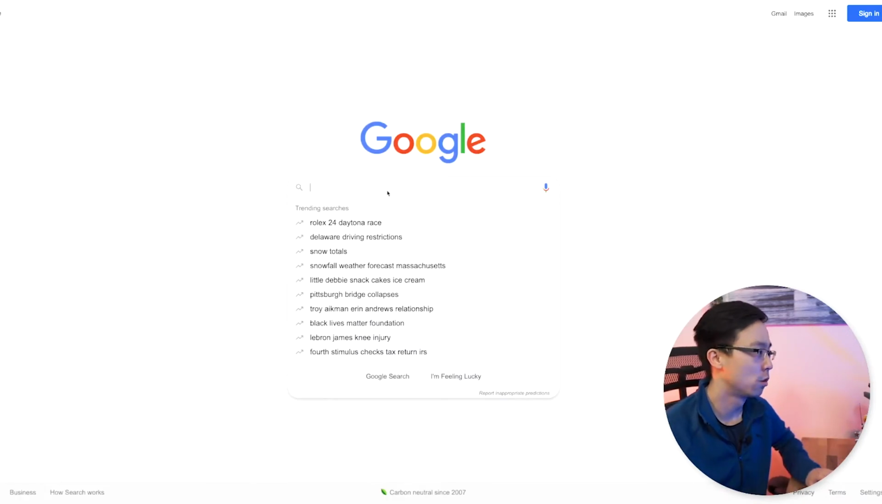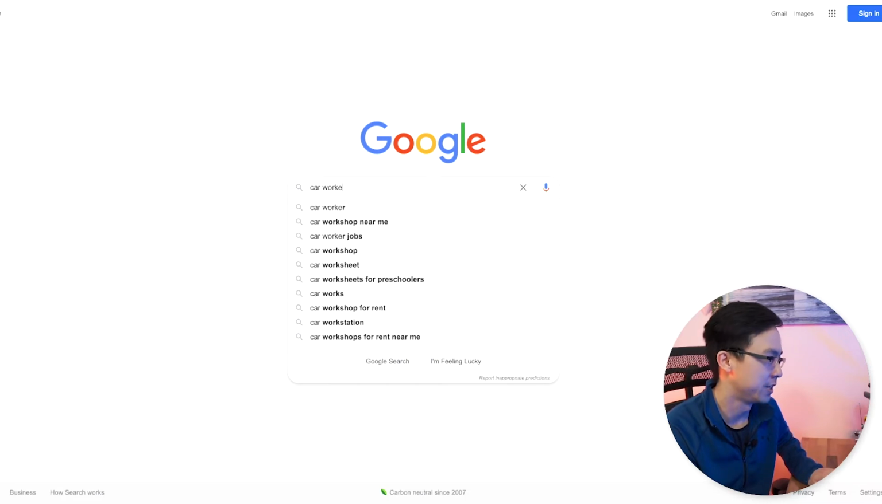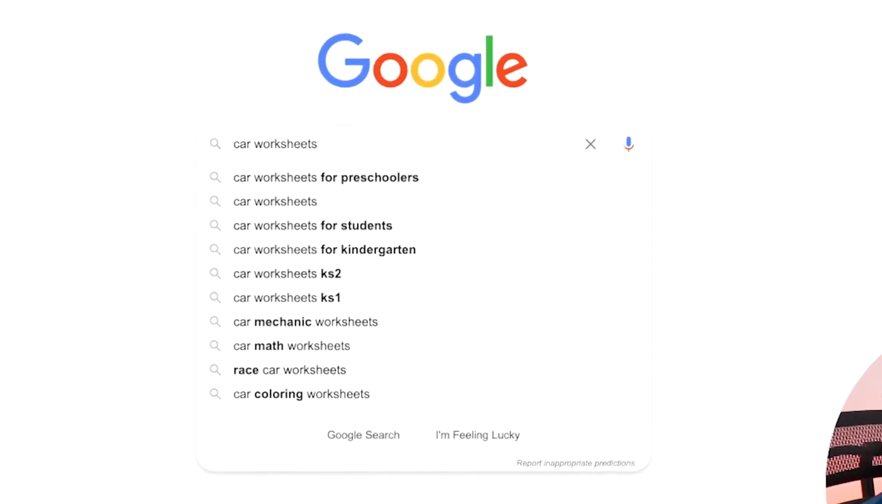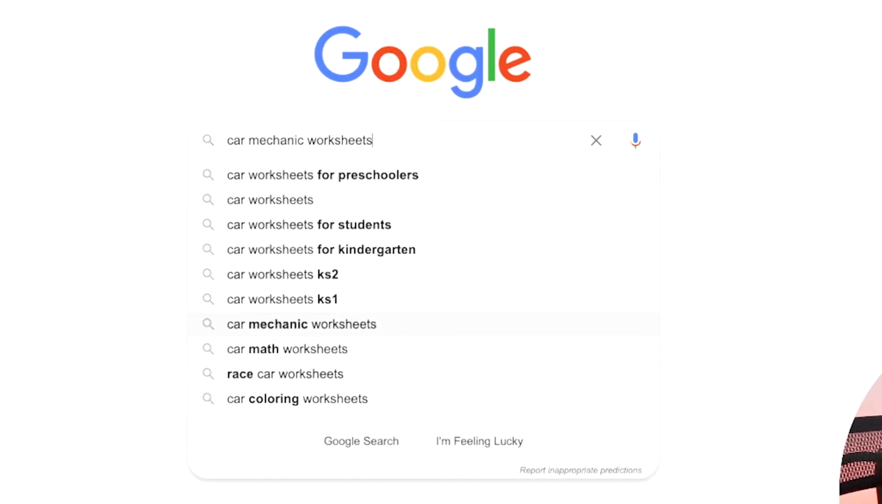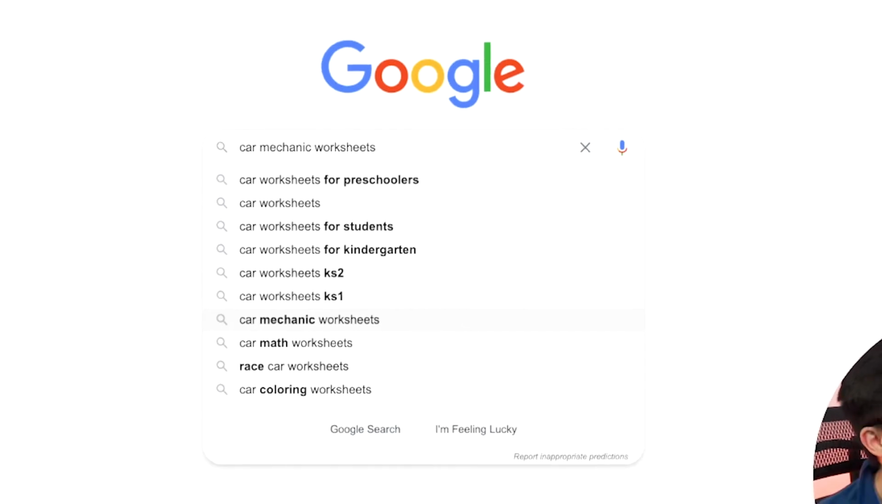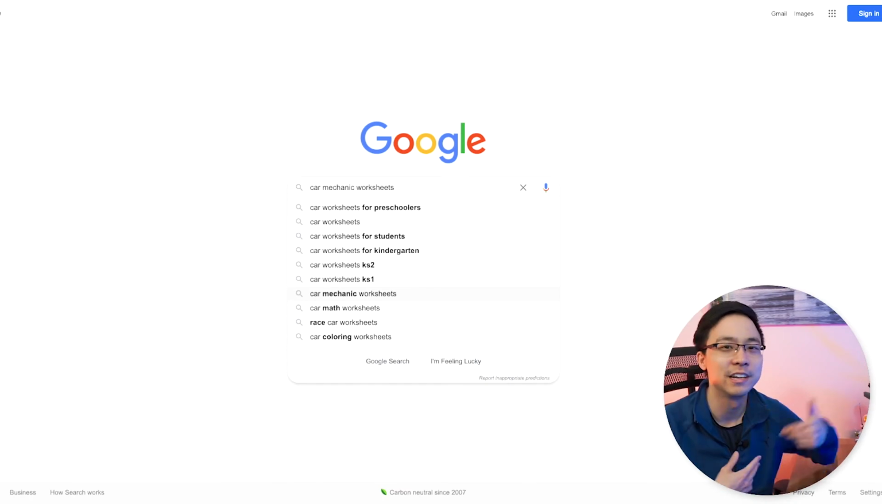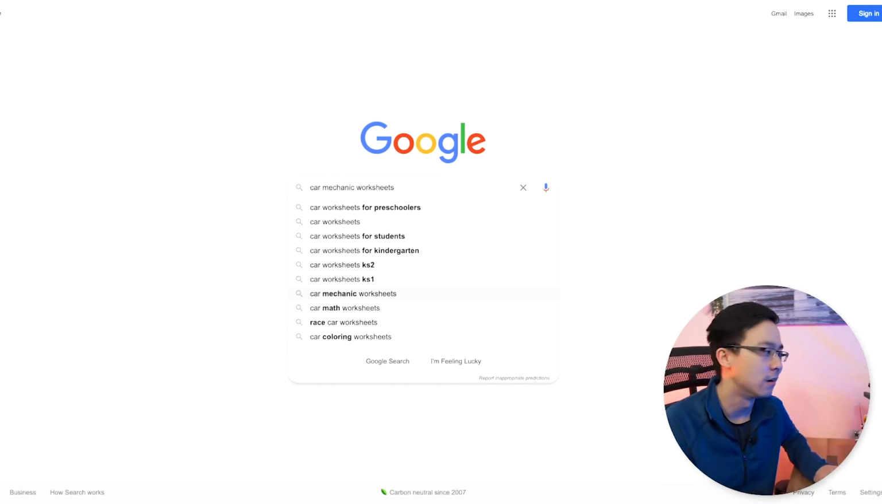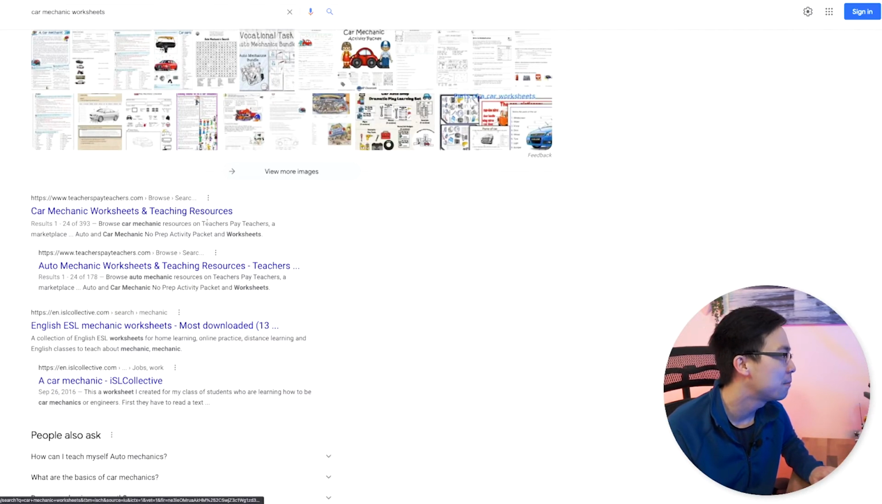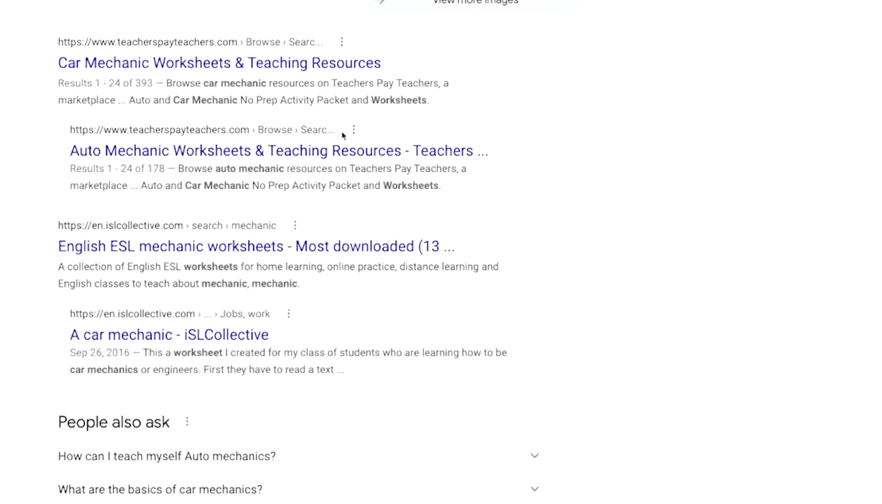Just to really prove this point though, I'm going to jump back into my browser and show you some examples of looking for worksheets and what that might look like. So I'm just going to imagine that we have some car worksheets or something. And what you can see is that there are car mechanic worksheets being searched in Google on a regular basis. There's even car coloring worksheets. So I bet I could find a ton of websites that are also creating coloring books or worksheets for kids as well. But if I go into car mechanic worksheets, you'll see that there's a ton